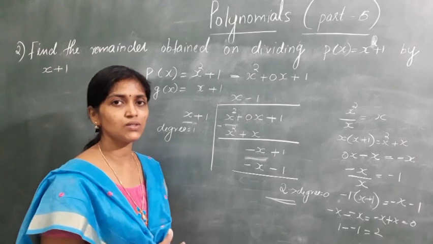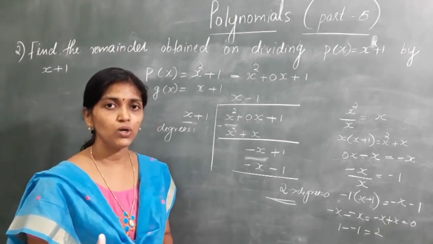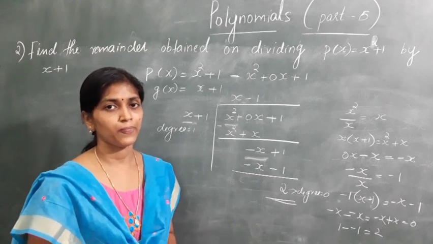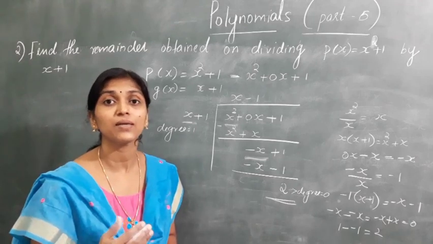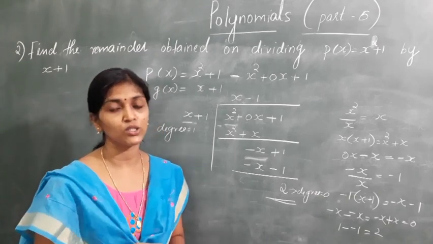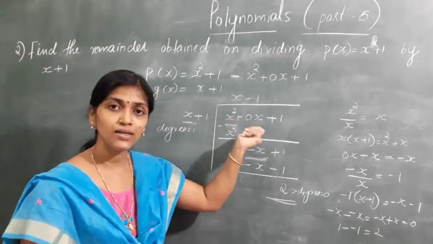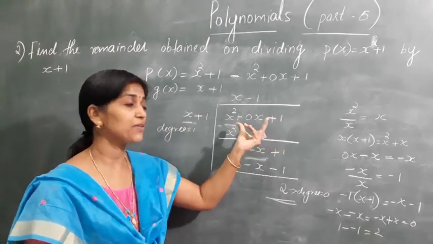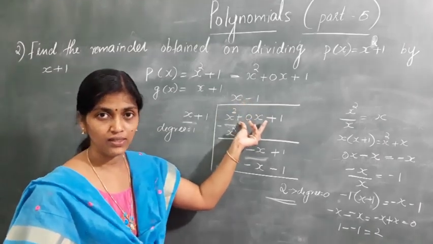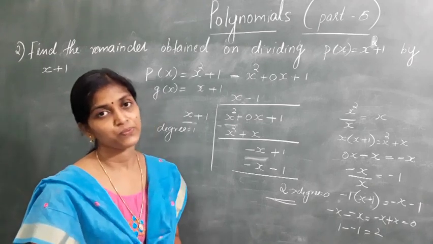So in both the questions which we solved here, we got the remainder as 2 or some other number, a constant polynomial, isn't it? There are cases where we get the remainder as 0. We have studied what we can say when you get the remainder as 0. You can call this divisor a what? It is a factor of the dividend, or the quotient will become a factor of the dividend.